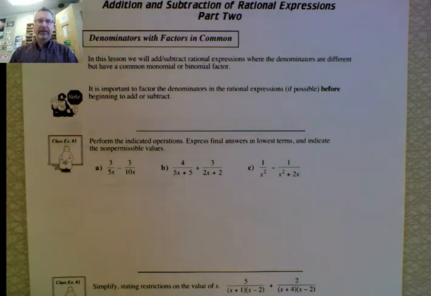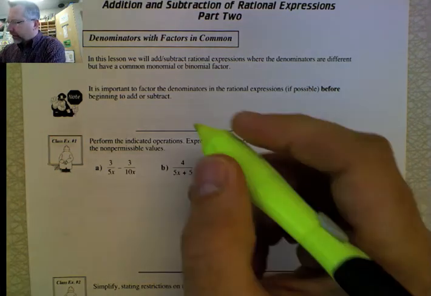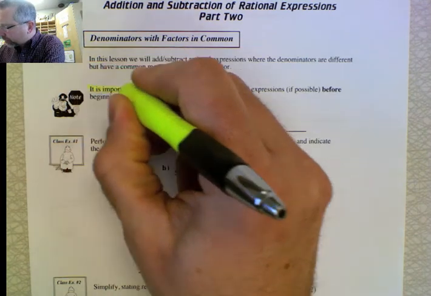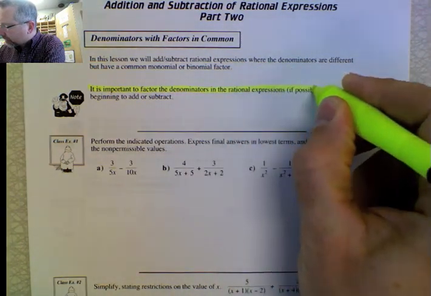Yesterday, we began adding and subtracting rational expressions, and we're going to continue with that today. Most of the fractions yesterday in our rational expressions were pretty straightforward. They're going to get more complex today. The biggest thing that you need to remember today is that it's important to factor the denominator in a rational